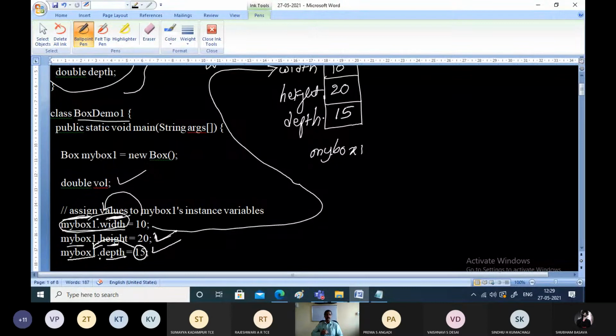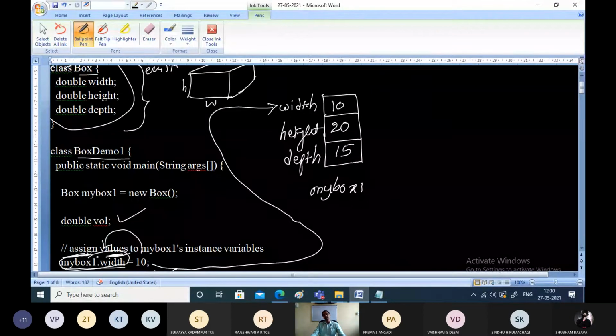So what we have done now is we have created an object and allocated memory for it, and we have accessed all the members of the object and assigned some values to the members. What are the values? 10, 20 and 50. And we know that the volume of a box is calculated by multiplying all three dimensions.